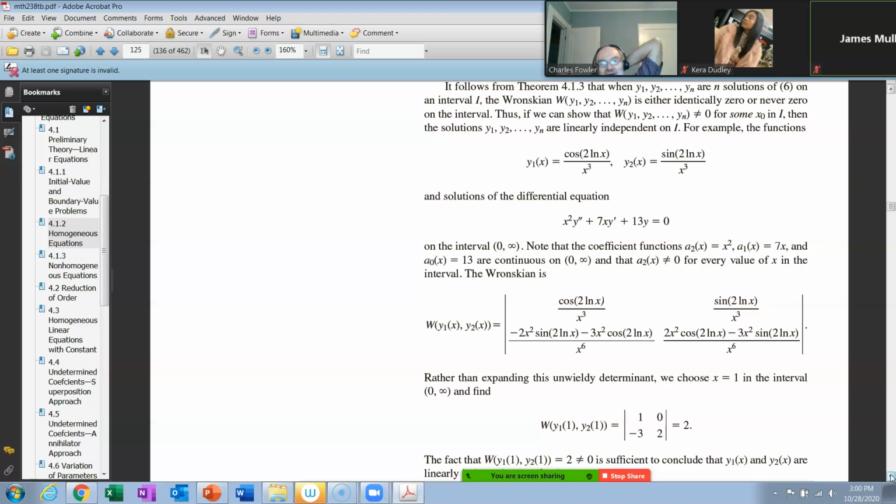Okay? Now here's a couple of pretty hairy looking problems here. y1 is cosine 2 log x over x cubed. y2 is sine 2 log x over x cubed. Okay? Now,